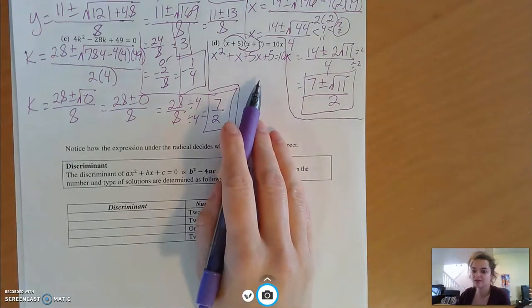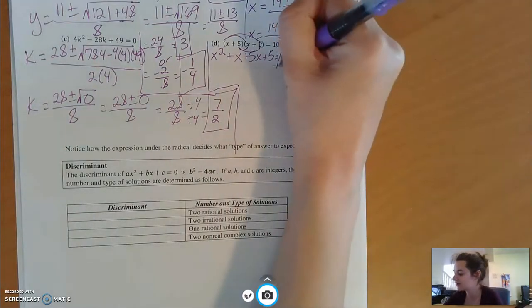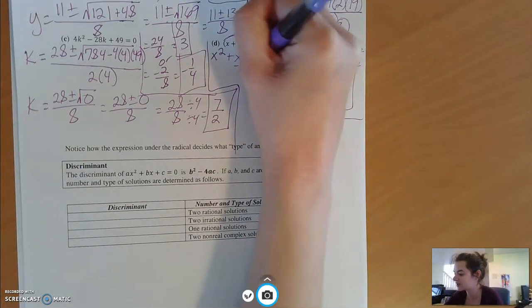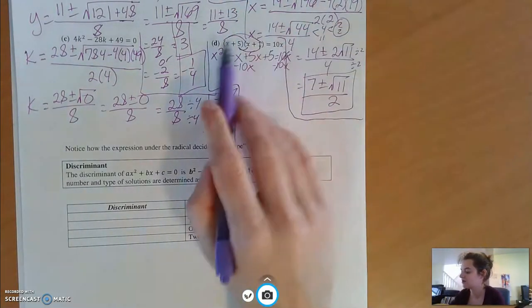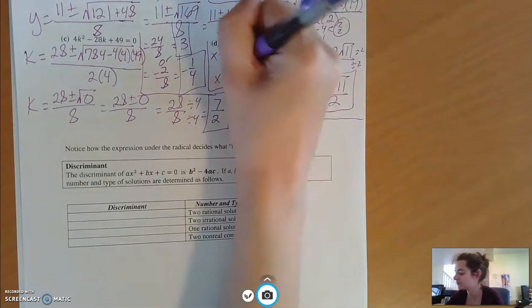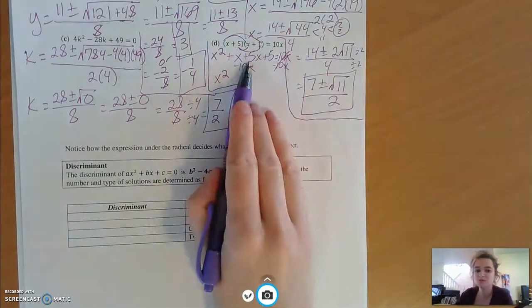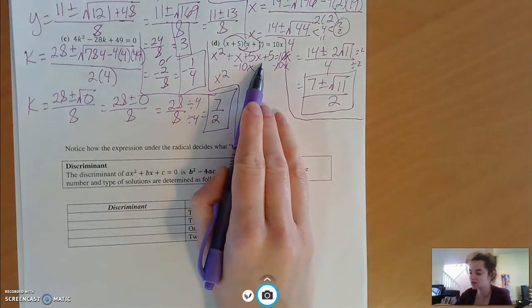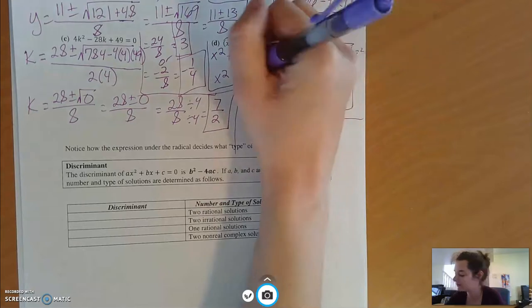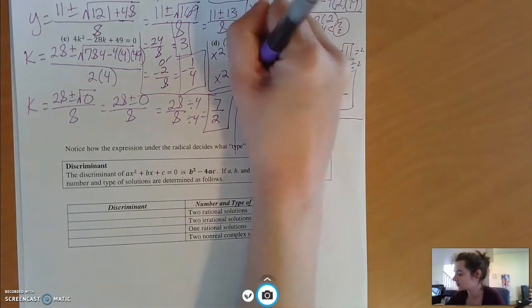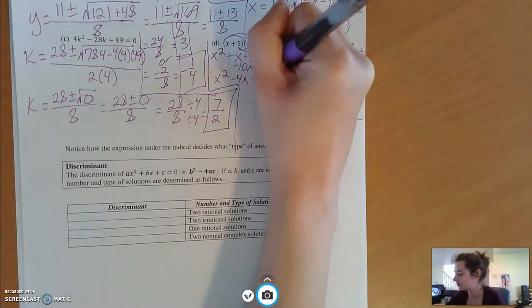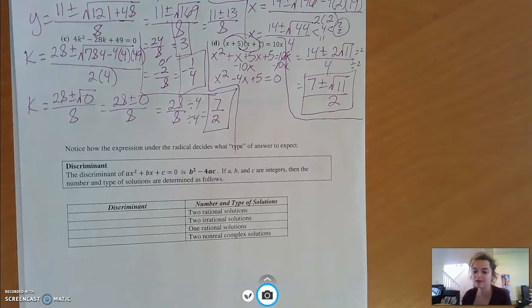Then let's get everything on the same side. So I'm going to go ahead and subtract 10x from both sides and do a lot of simplifying. So then I'm going to have x squared. With the x's, I have x plus 5x, which would be 6x, minus 10x, which would be minus 4x. Then I have a plus 5 equals 0, and I'm finally in standard form, and I can finally use the